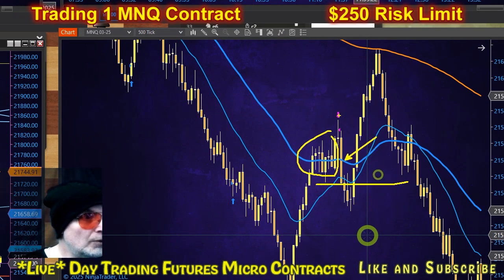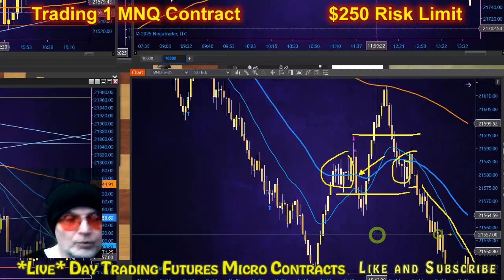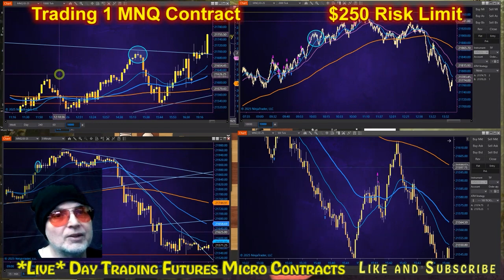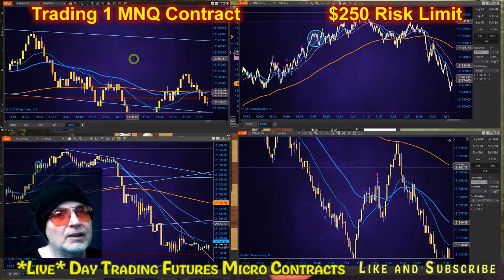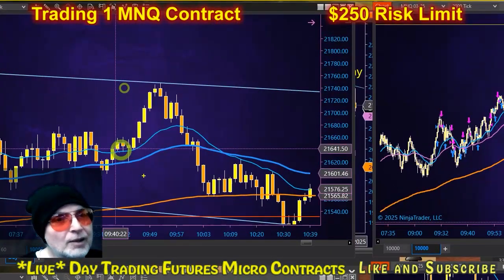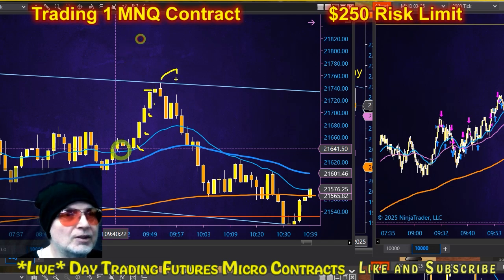Short here, that one would have certainly lost, but this one is a nice drop down that would have worked. Not everything's perfect. Not anything's perfect. So yeah, I'm very excited about that. These kind of formations right here, when you got 1, 2, 3, 4, 5 red candles, and all of a sudden it starts to turn